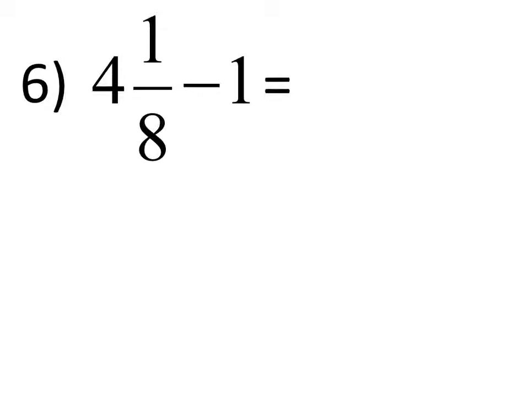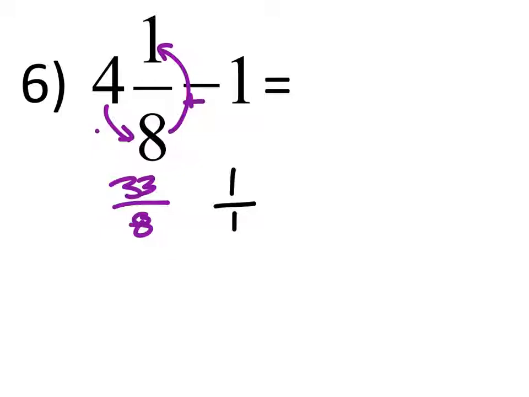All right, so we could change 4 1/8 into an improper fraction. Actually, just to stay with what we have been doing, let's do that. 4 times 8 is 32, plus 1 is 33 eighths. Now 1 we can make as 1 over 1, like this, okay? And yes, we are subtracting, but we need common denominators first. And to do that, we could use 8, so let's just multiply 1 by 8, which would be 8 eighths. So I've got 33 eighths